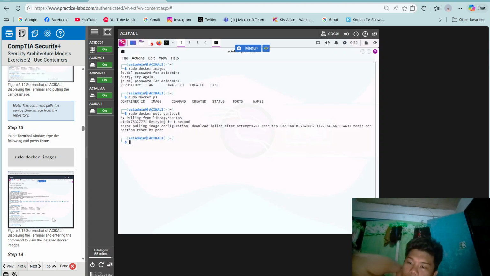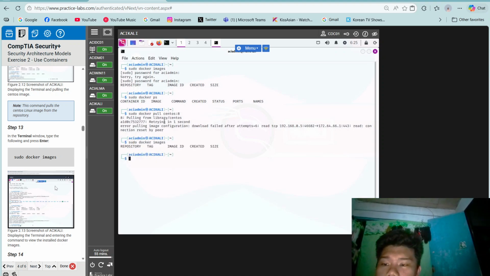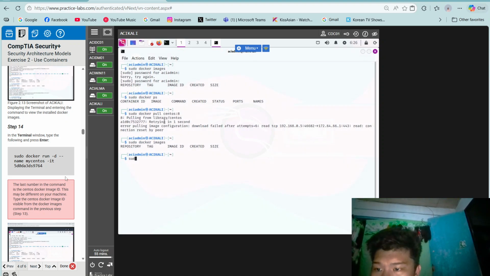Then type the following and press enter. Sudo docker images. Then step 14, type the following and then press enter. Sudo docker run -d --name myCentOS -it